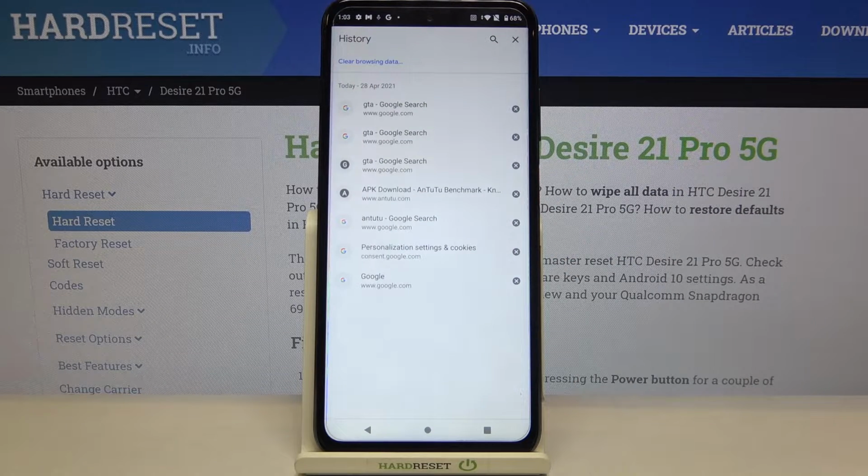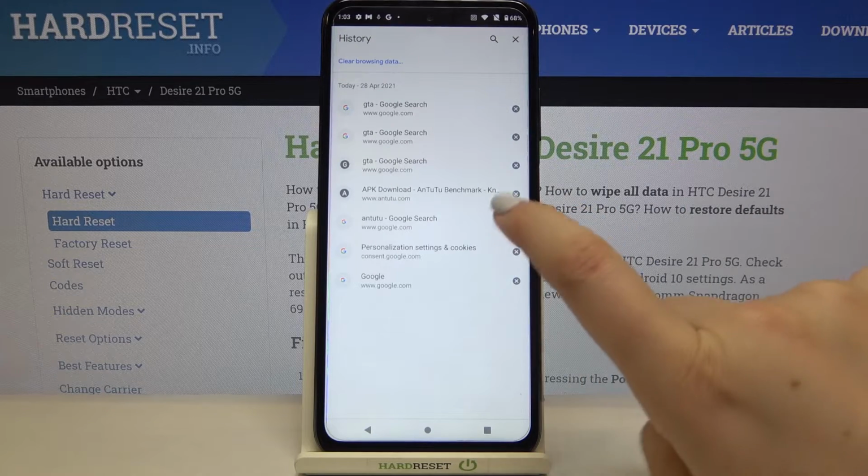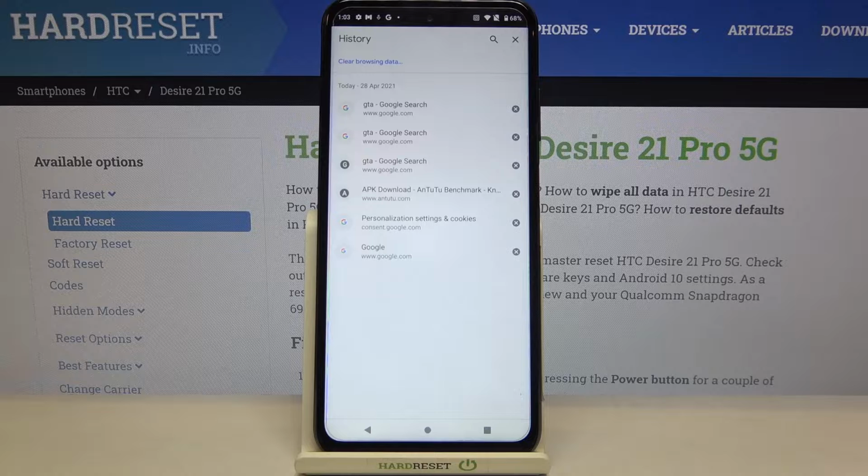And as you can see here, we've got the list of previously visited websites. Of course, you can remove only one of it just by tapping on this X button right next to it. And as you can see, it immediately disappears. So obviously you can remove this whole list one by one manually, but if you'd like to do it automatically